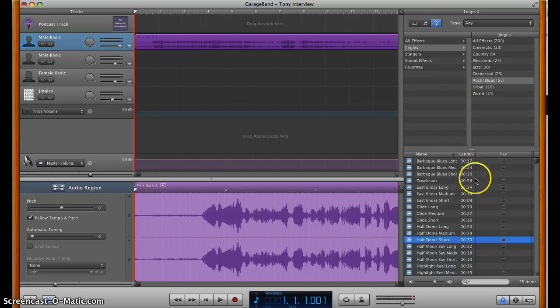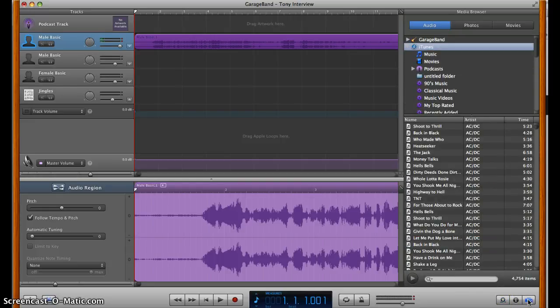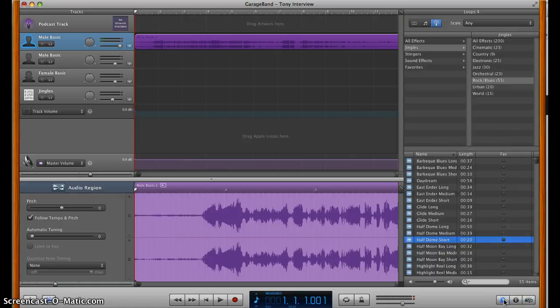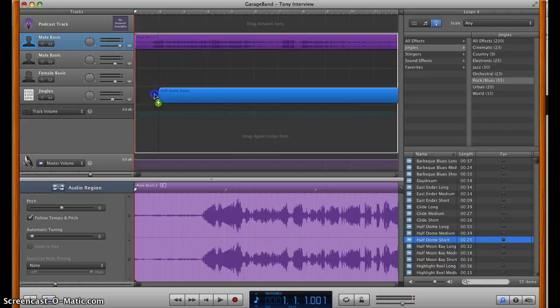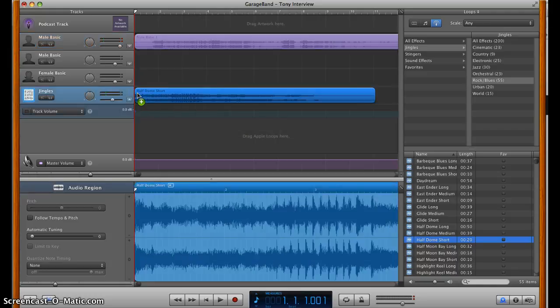So when you open up GarageBand, it's usually going to default to your computer's media. And just as a reminder, you need to click on the infinity button here to get to the jingles, and those jingles are located underneath the podcast icon. So to pick a jingle, you drag it into the jingles bar here, and let's just see